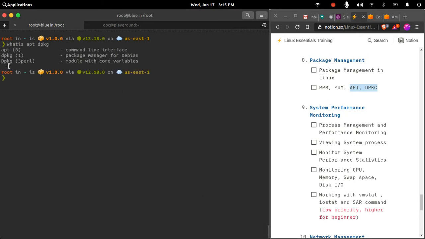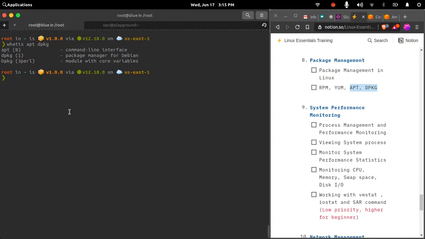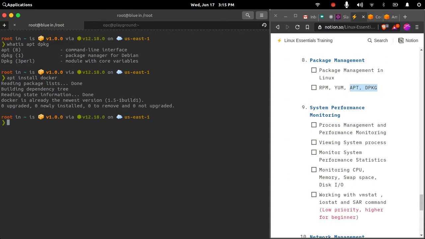Okay, so if you run man on these commands, you will get the package manager for Debian. Similarly to the yum command in the Red Hat based system, where yum will look for the package in the repositories on the Red Hat system, we have the apt command. So apt will look for packages in the Debian repository. If I install the same package, Docker, here on a Debian based system, it will search for the package in the repositories, and if it is already available, it will tell me that it is installed and already available.